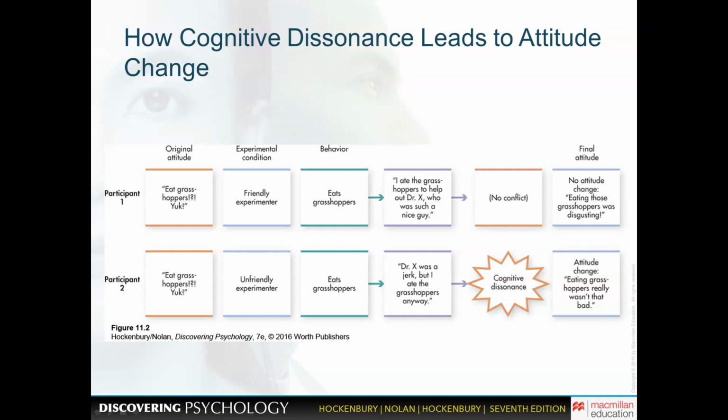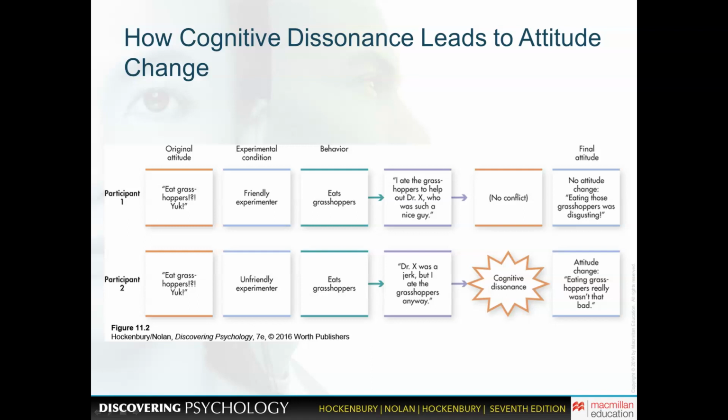So what do I mean by that? Well, if one can rationalize or explain one's behavior, the cognitive dissonance, or the conflict or the tension, tends to be eliminated or even avoided. But if we can't explain our behavior, we tend to possibly change our attitude so that it's in harmony with our behavior.